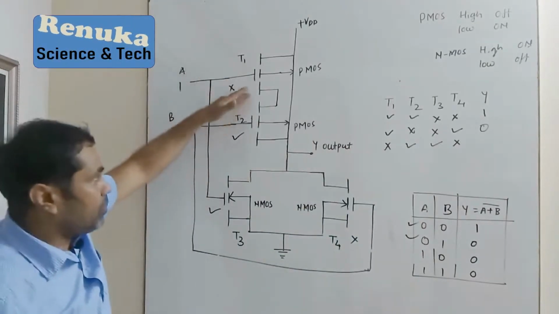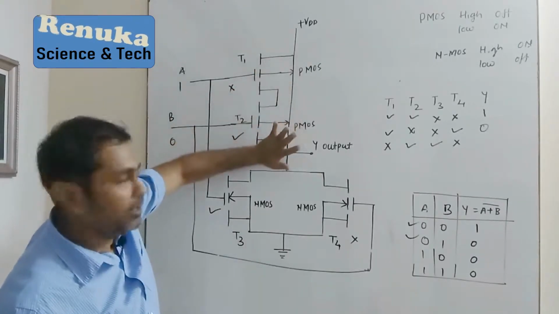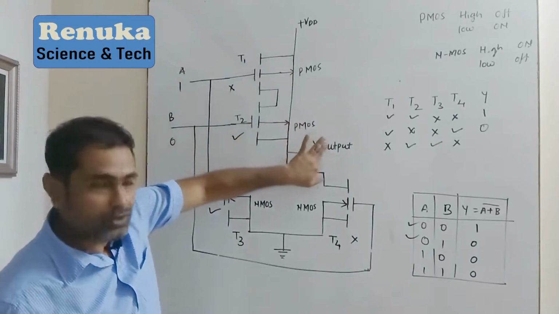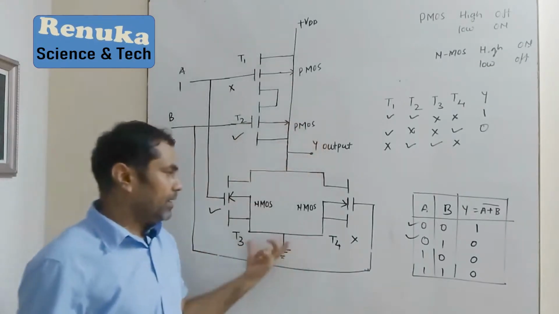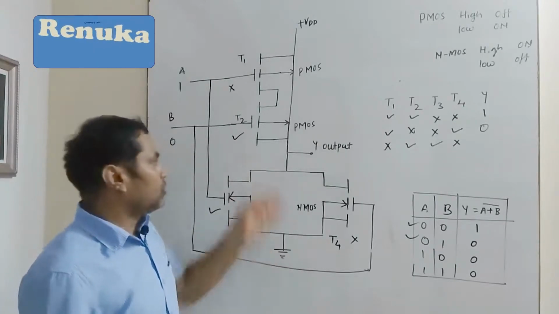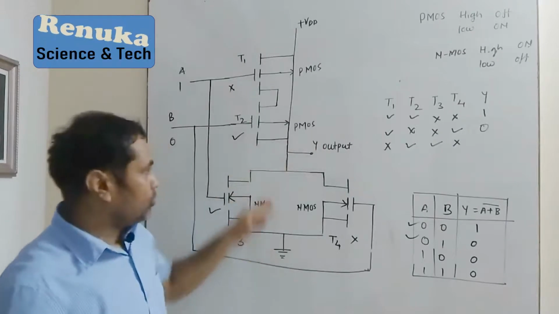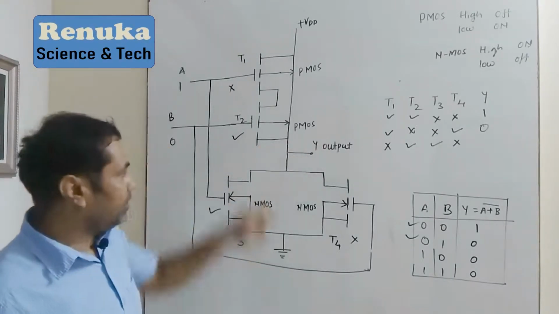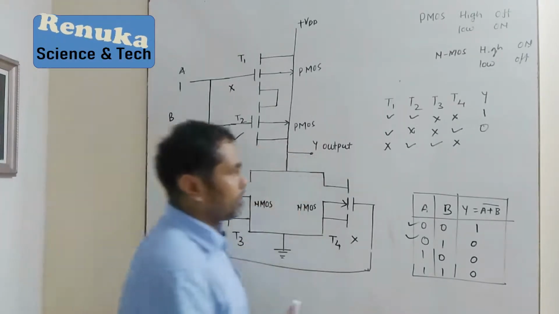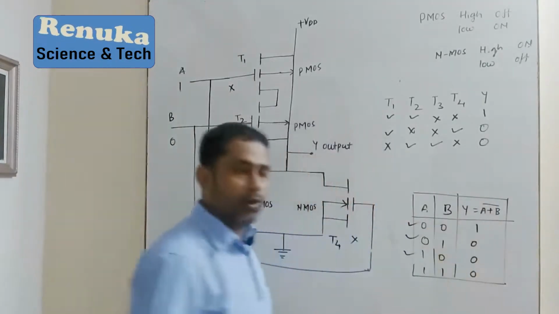One of the switches is off, that means the current is stopped here, so no path is conducting. So here the output obviously will be 0. In this parallel connection also, you can see that one of the parallel paths is on. So if current is present here, it will ultimately sink towards the ground. So no current will be at the common drain, so the Y output obviously will be 0.